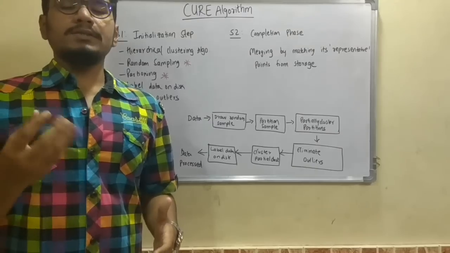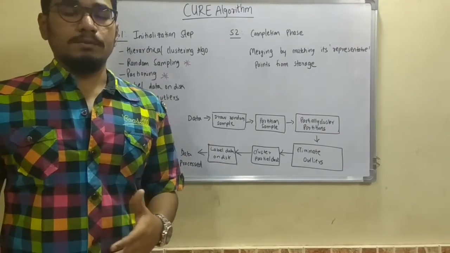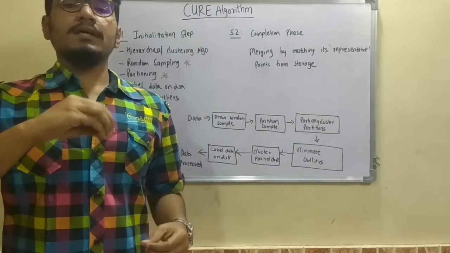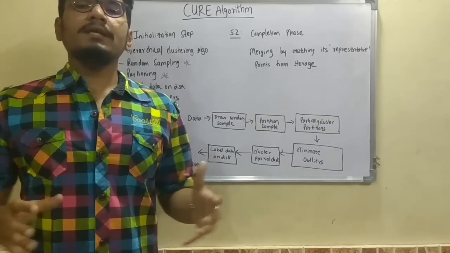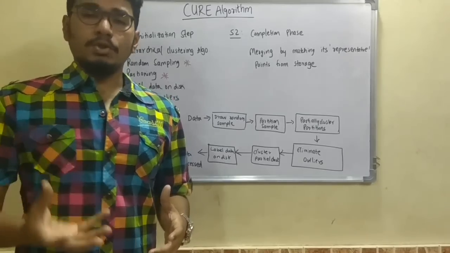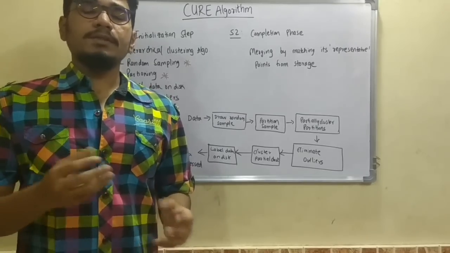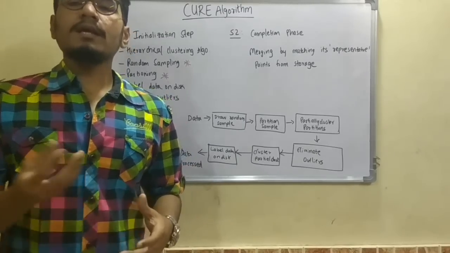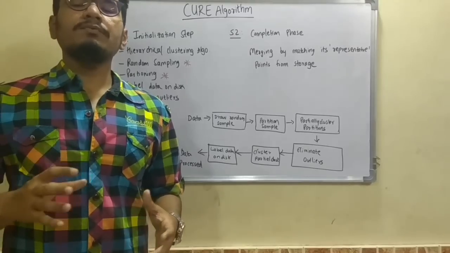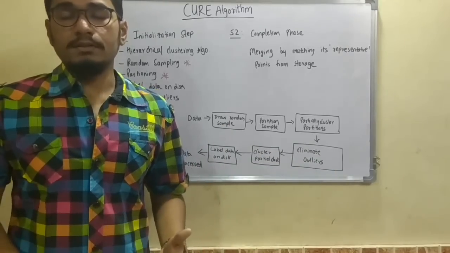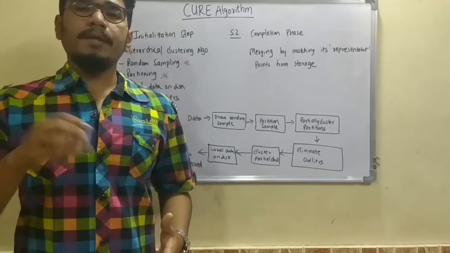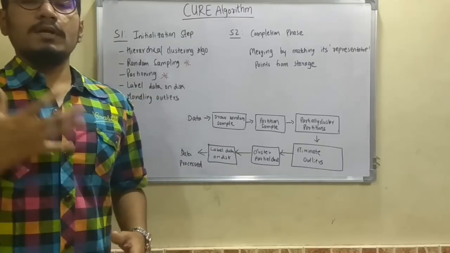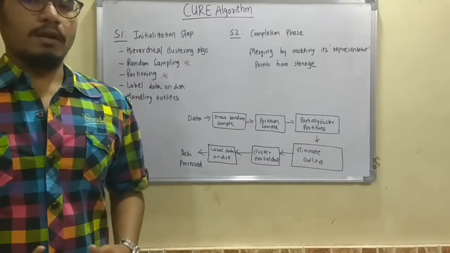So what is the major thing in CURE compared to the other algorithms? CURE has these representative points, which are used to identify the spherical shape of the cluster and the geometry of the cluster. After partitioning into small samples, it runs the hierarchical clustering algorithm again, which is used to remove the abnormalities and the outliers present in the cluster. This is the main feature of the representative points, which are seen in the hierarchical clustering algorithm specially used for the CURE algorithm.